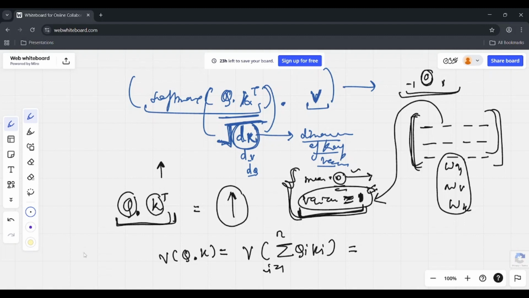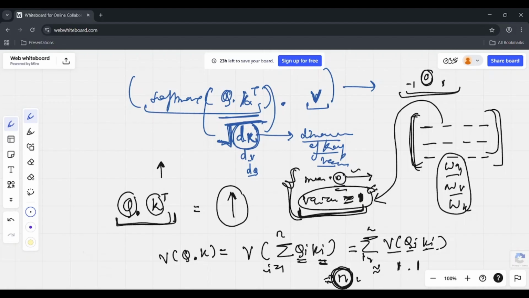Now, what will be the variance in this case? These two vectors are independent because their matrices are independent. How can we write it? We can write the variance of this, and since the variance of an individual term is 1 and these vectors are independent, it will be roughly 1. And since we are summing it over n terms, what will the variance be? The variance will be approximately n,